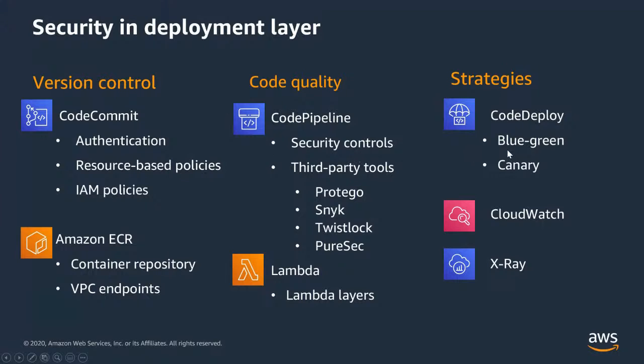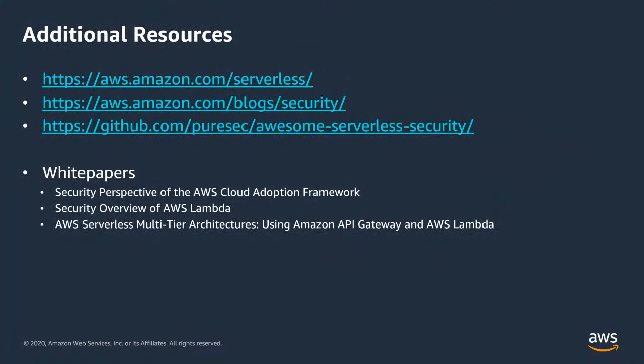From a deployment strategy perspective, I showed you canary. Blue-green is where you have the old service and the new service, and you switch everyone to the new service, which is green. The moment you know things are all right, you remove the blue service. But if things are not good, instead of rolling back the code, you send everyone back to the old service. That's how blue-green works, which is why it's two colors, blue and green. And then you have CloudWatch and X-Ray as a way to continuously monitor your applications.